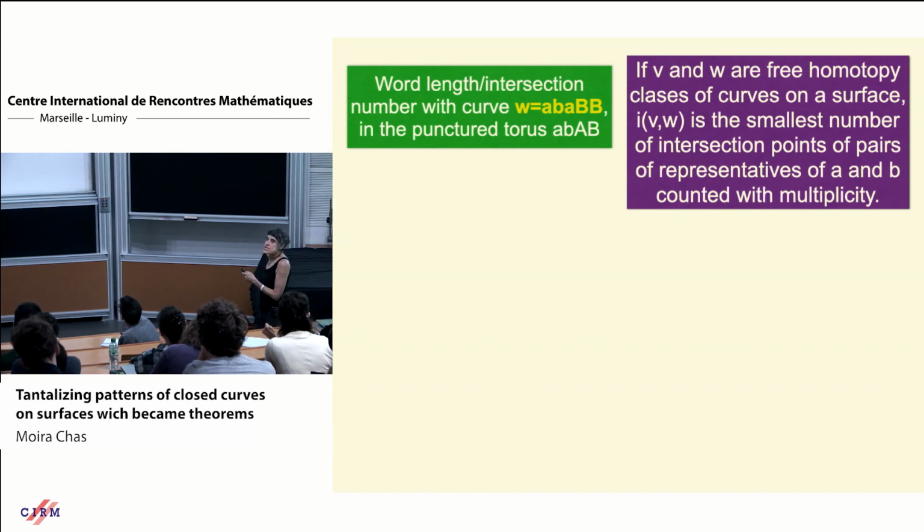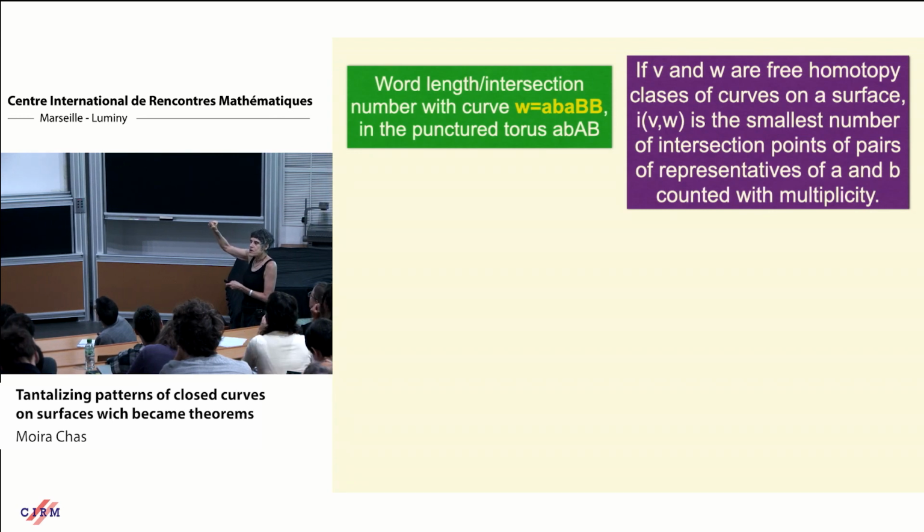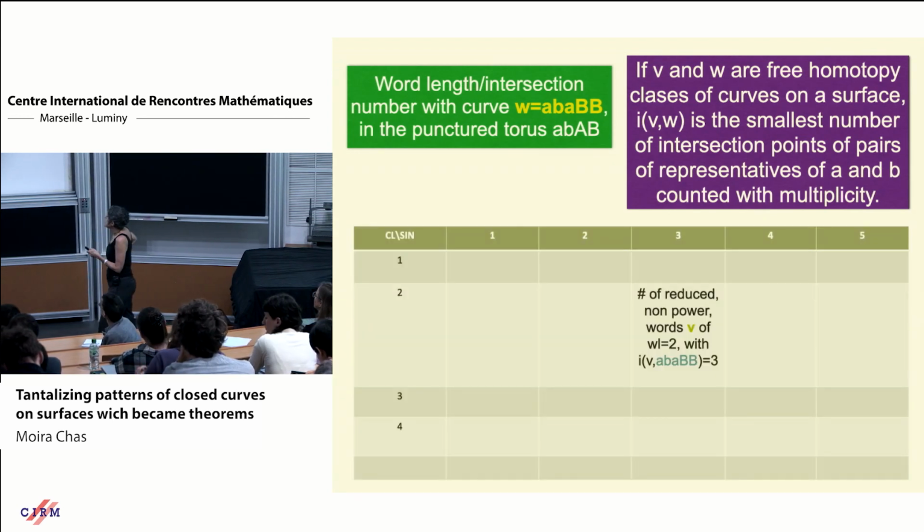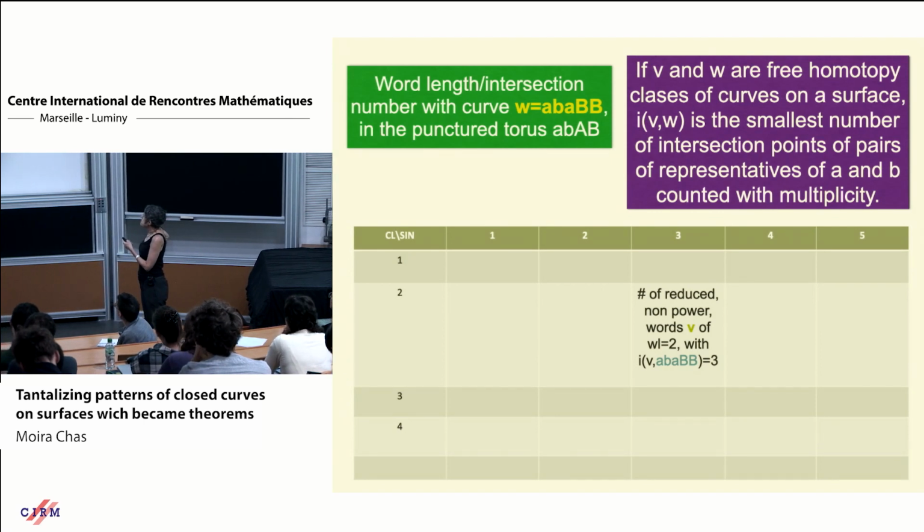So let's do the same thing, but now we're going to fix one curve word, and we're going to study intersections of all curves with the curve word that you fixed. And if you do that, with the table as before, now the rows denote word length. I'm counting how many I have with a certain word length, and the columns are the intersection with this particular curve that I chose. And I gave this problem